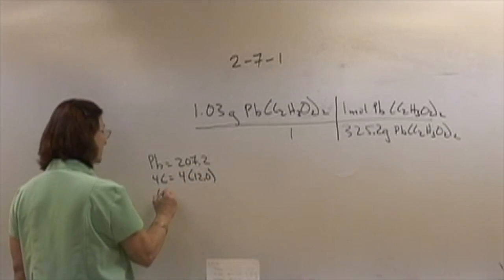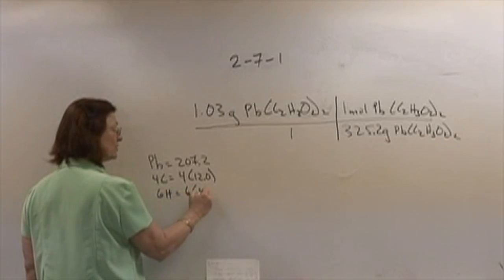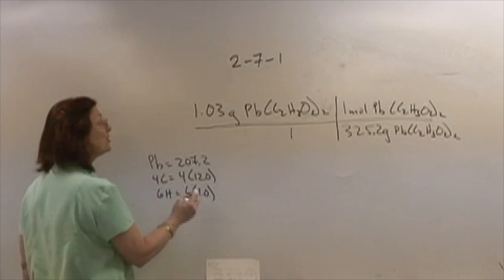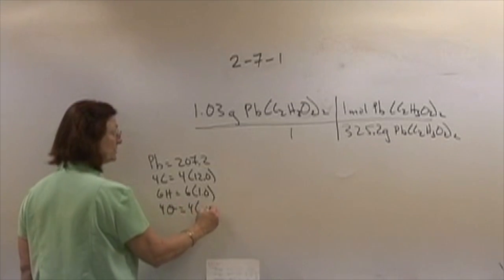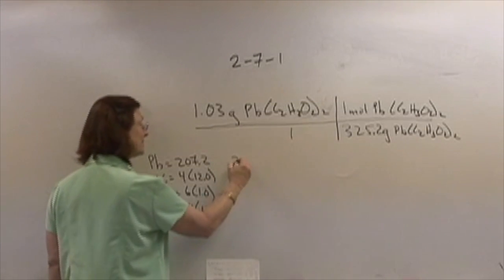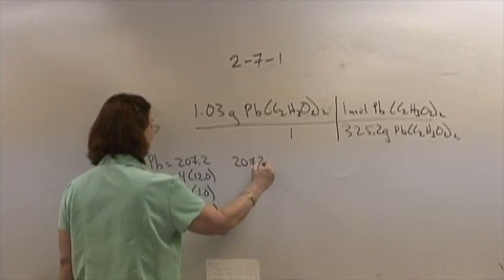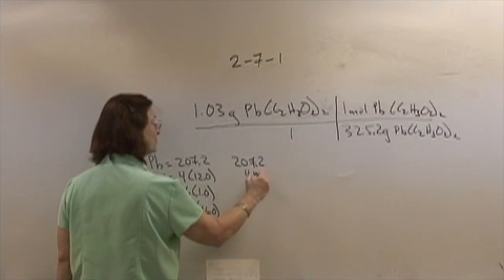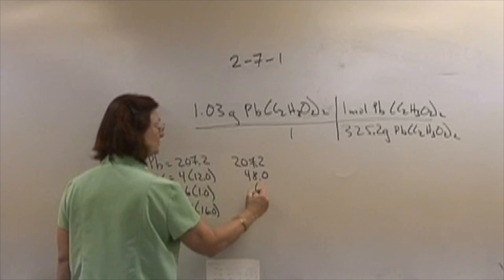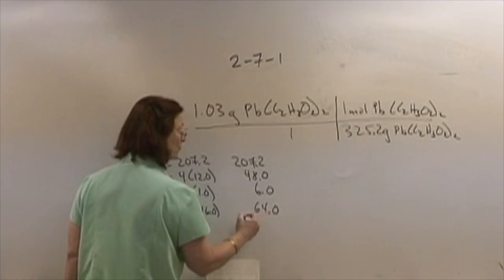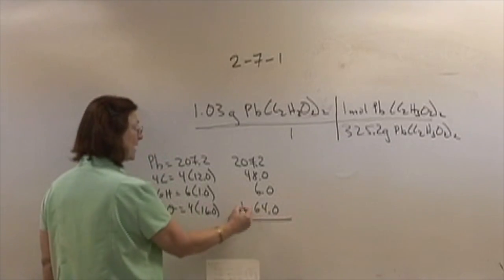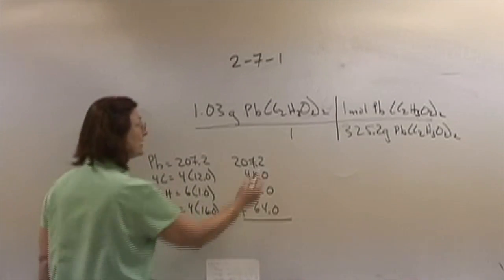And you have 6 hydrogens, and 6 times 1.0. And you have 4 oxygens, which would be 4 times 16.0. I write them again after I multiply. And I have 48.0 for my carbons, and 6.0 for my hydrogens, and 64.0 for my oxygens. And when I add them all up, I get